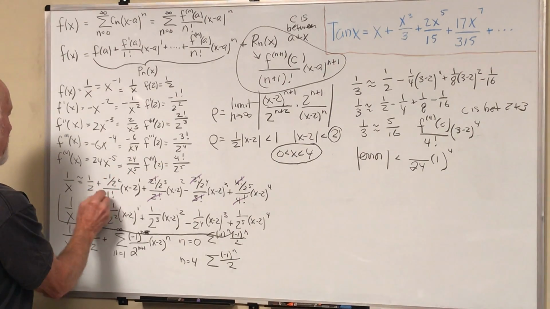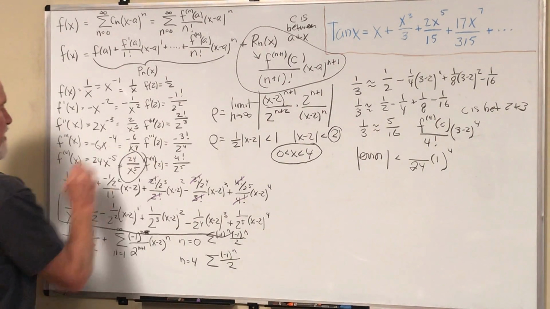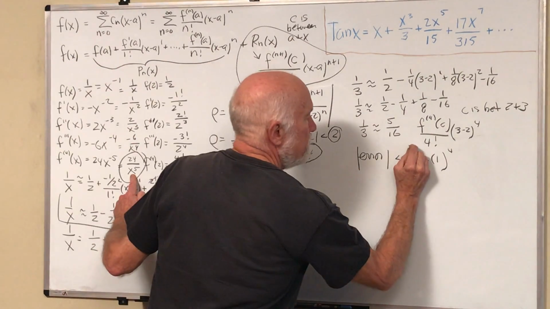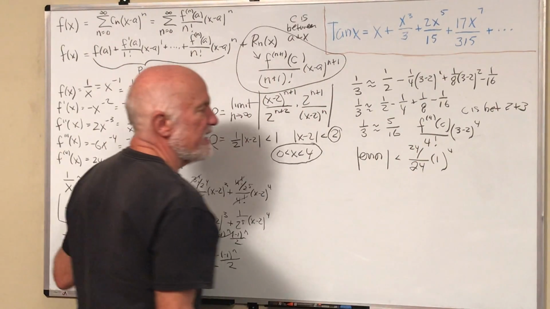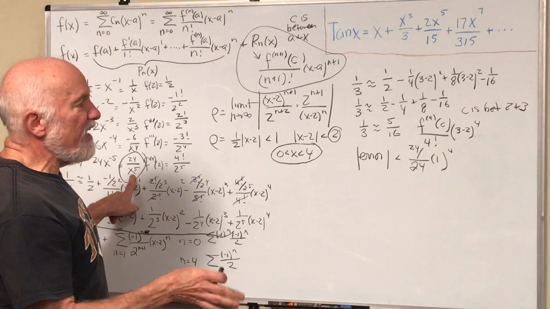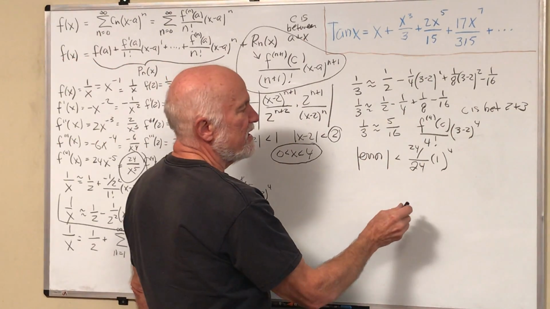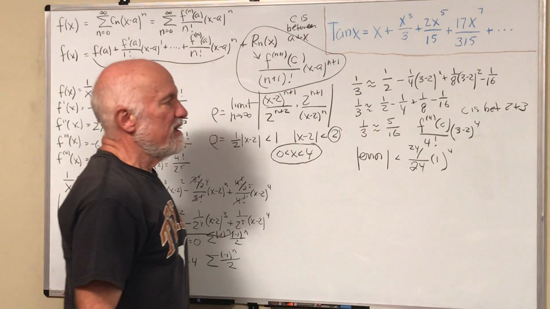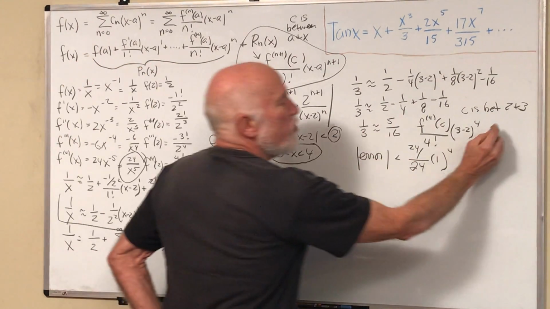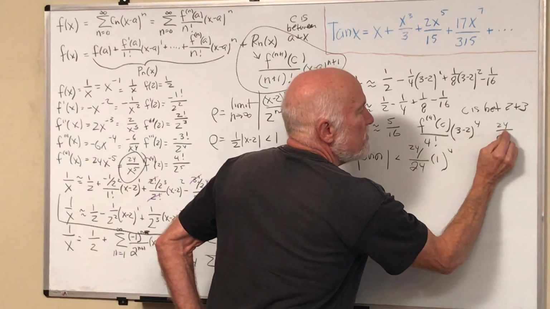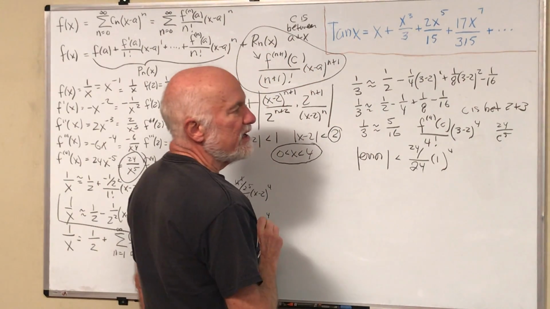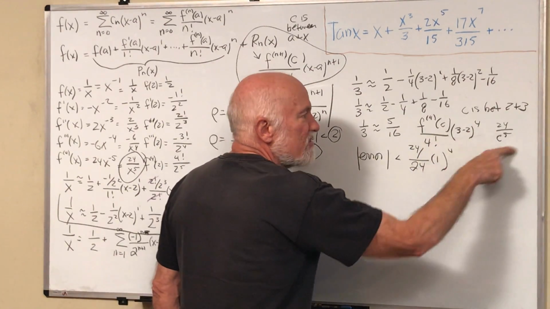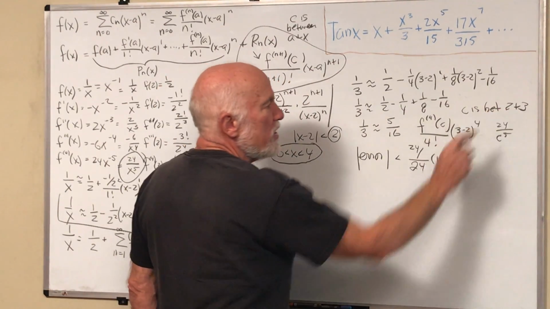Well, the 4th derivative is right here, 24 over x to the 5th. But we're going to put the biggest value this could possibly be. It's 24 over c to the 5th. Well, what's the biggest 24 over c to the 5th can be between 2 and 3? It's trying to get the smallest denominator possible to get the biggest number. So if we pick 2,